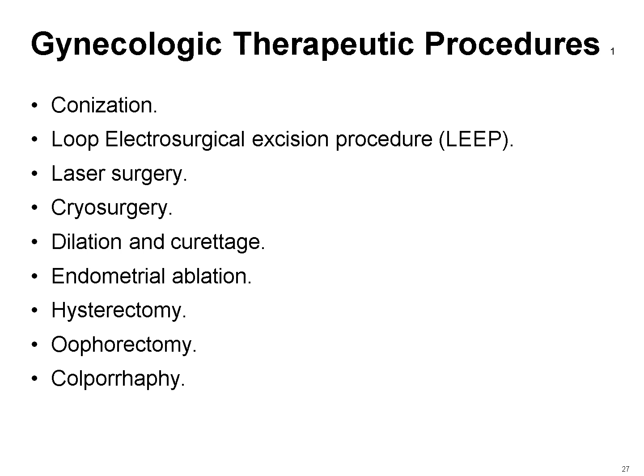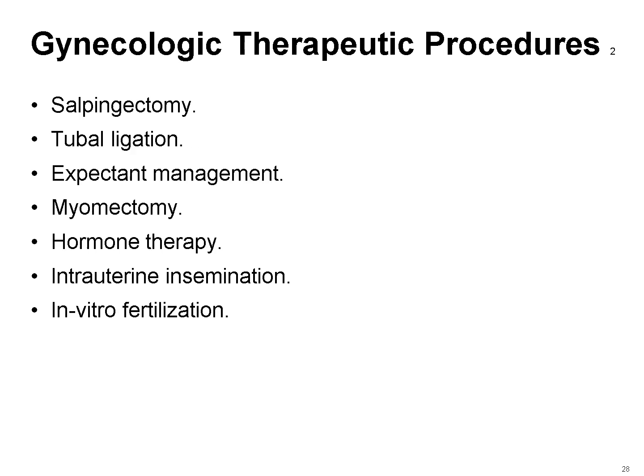Each of these procedures plays a vital role in addressing gynecological health concerns. Open communication with healthcare providers helps ensure the right treatment plan is selected for individual needs. Salpingectomy is the surgical removal of one or both fallopian tubes, often performed for conditions like ectopic pregnancy or fallopian tube cancer. Tubal ligation is a permanent procedure for preventing future pregnancy, where the fallopian tubes are cut, tied, or sealed to block the path of the egg.